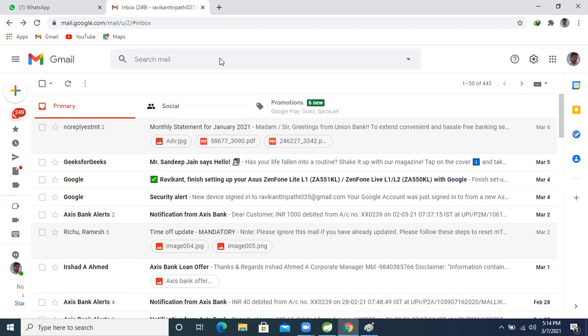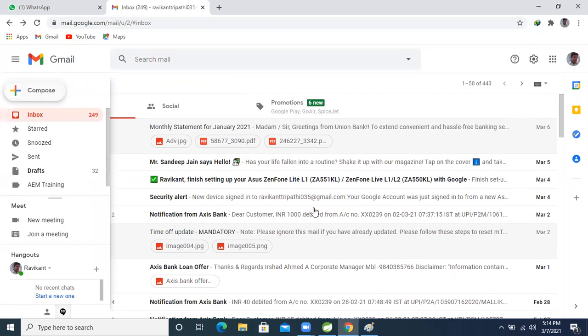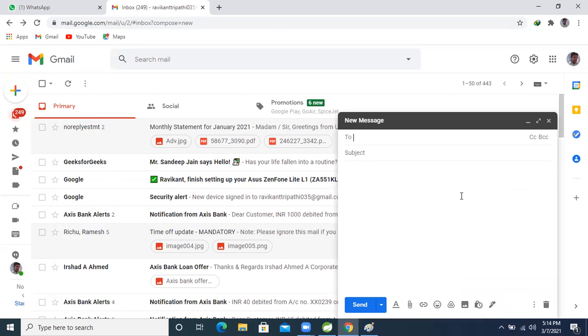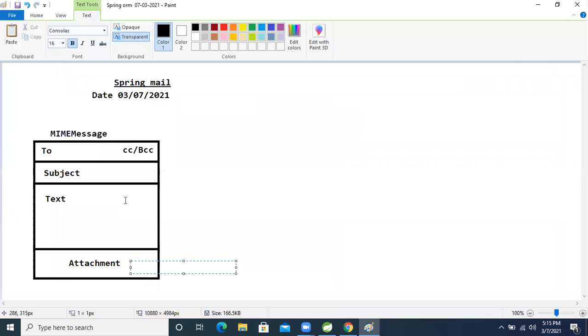But before that, let's understand these things, and after that we will implement them. Just understand, whatever compose we are sending as mail, this is called a message. In the terminology of the Spring framework, it is the MIME type. MIME messages means Multipurpose Internet Mail Extension, right? Okay, so fine.